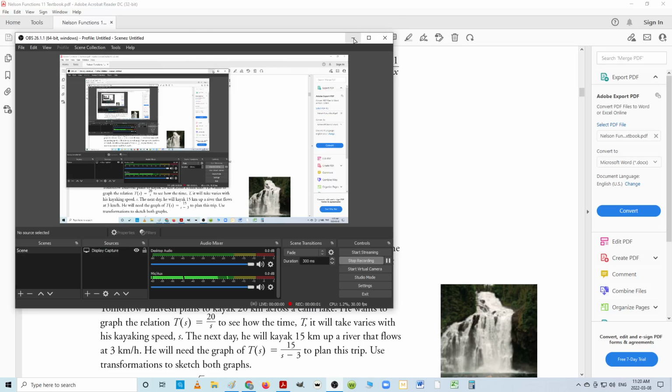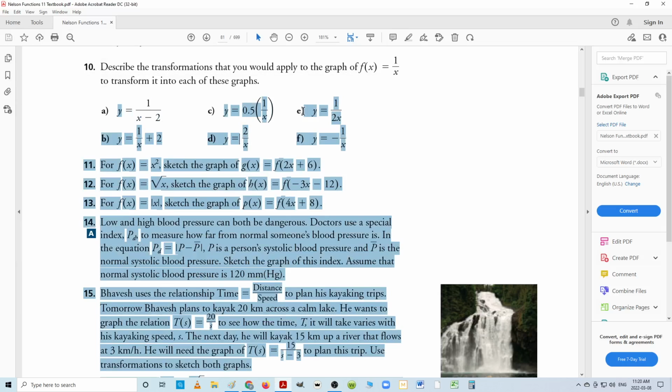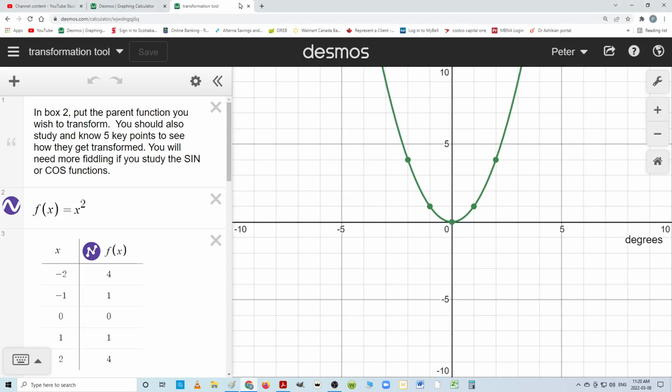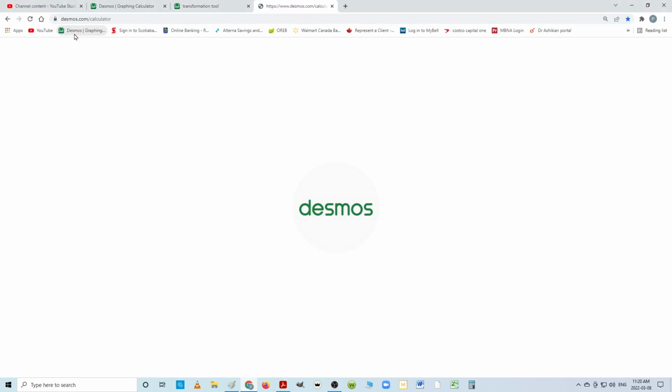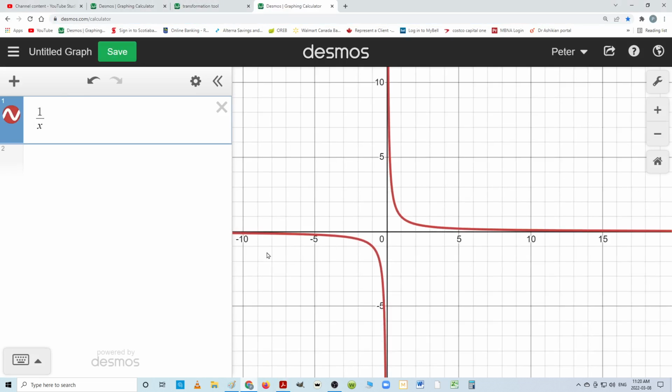Okay, so I'm going to continue 1.8, and these are pretty much all 1 over x. And before we continue, we should understand a little bit about the function 1 over x. Okay, it looks like this. So get used to how it looks. The parent function is in quadrant 1 and quadrant 3,